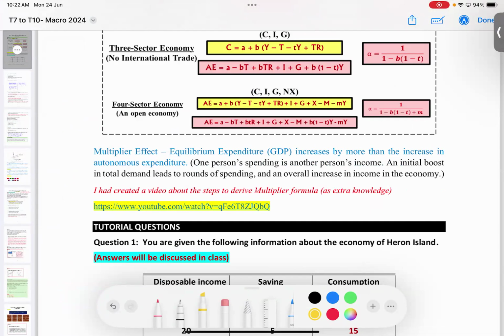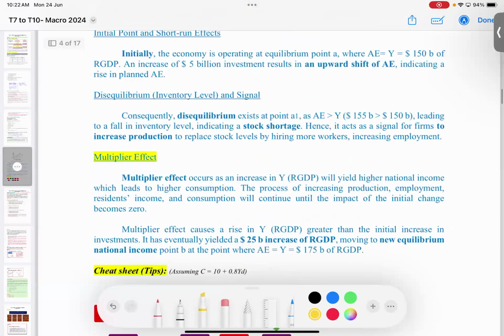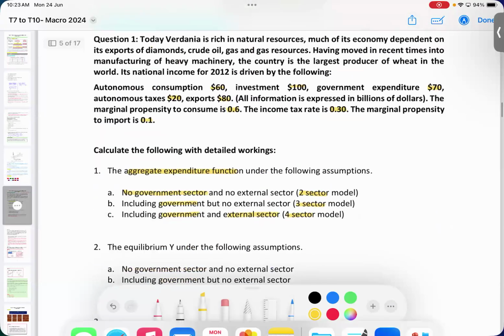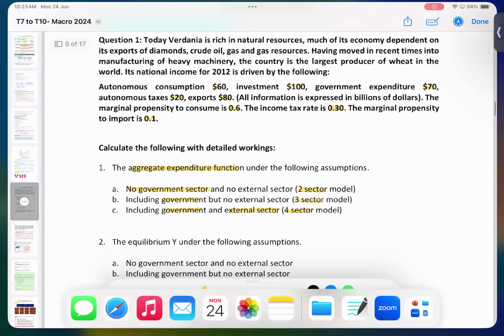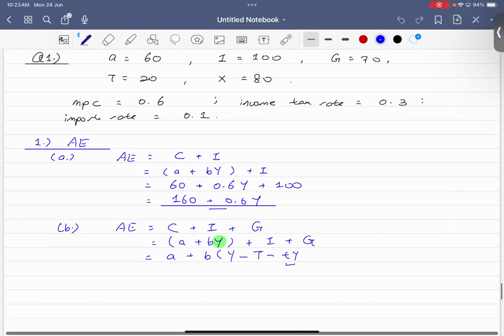20 minutes like that. Not very long. But will they ask you how to derive? No, they won't ask you. But in case you're wondering, it can give you a very clear understanding of how the formula is derived. All right, so now disposable income minus taxation minus induced tax, and then plus any transfer payments that